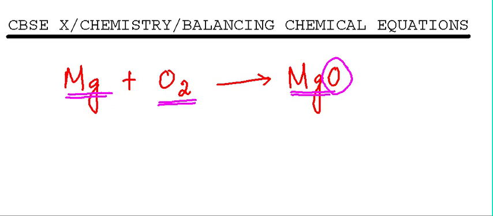It's magnesium plus oxygen giving you magnesium oxide. We have one magnesium atom on the reactant side as well as one atom on the product side. But for oxygen we have two atoms over here but only one atom on the product side. So it is not the same. And as per the law of conservation of mass, we should have a similar number of atoms on both sides